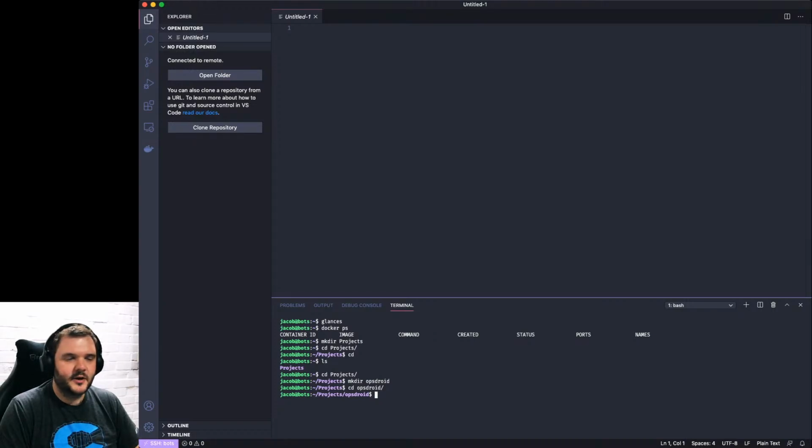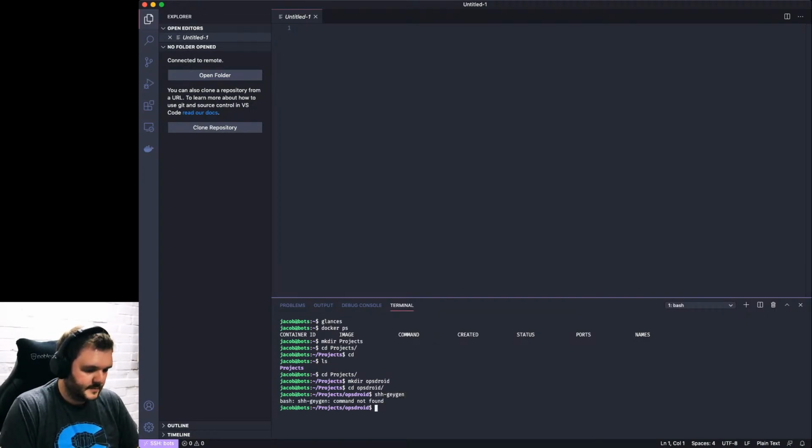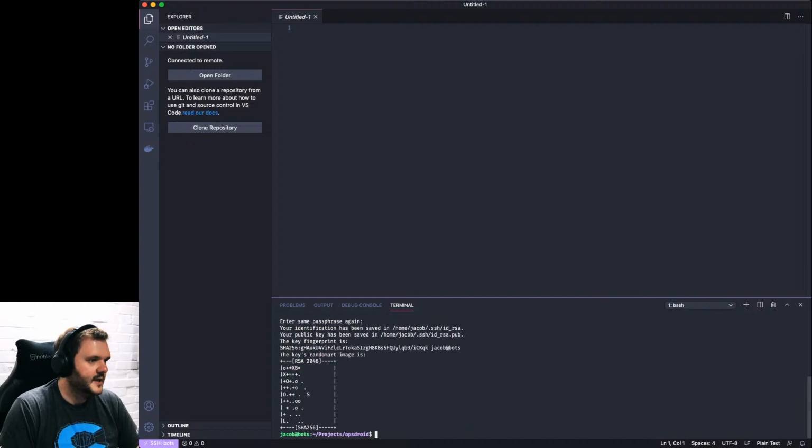I need some SSH keys to clone that. I'm in another terminal, so you can't see what I'm doing. I'm going to SSH somewhere else. No, I'm not. What am I going to do? I am going to make some more keys. Let's just generate some more SSH keys. Right, and then there's cat, the public key.